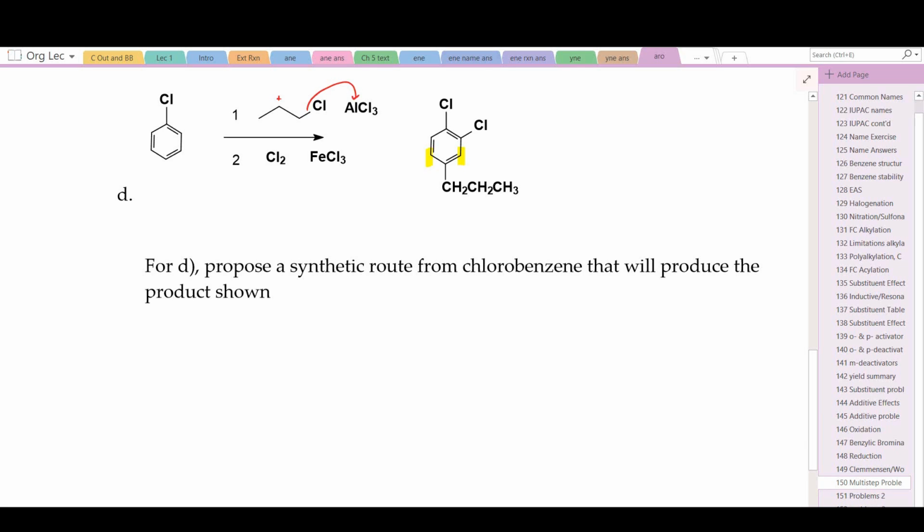It says that the fourth reaction is possible, and we're asked to propose a route for it. So let's try that. We'll start with chlorobenzene. Recall it's an ortho-para director. We do want to add an alkyl group, a propyl group, para to it. So how do we do that? Do you recall that if you use the acid chloride form, that will not rearrange, and that will add to the para position